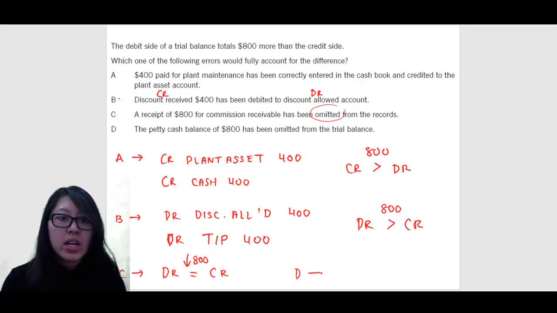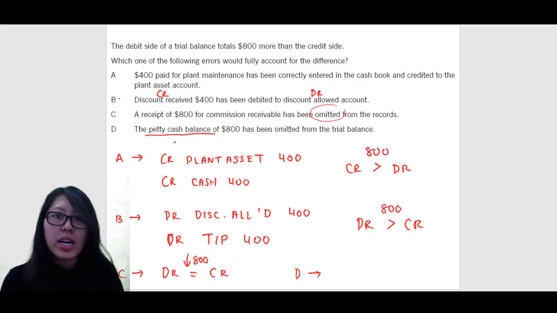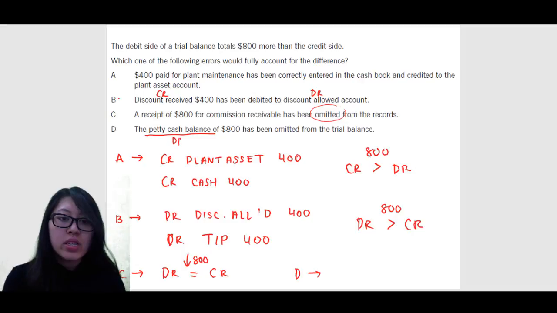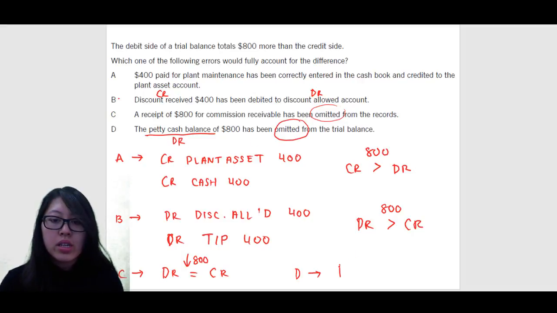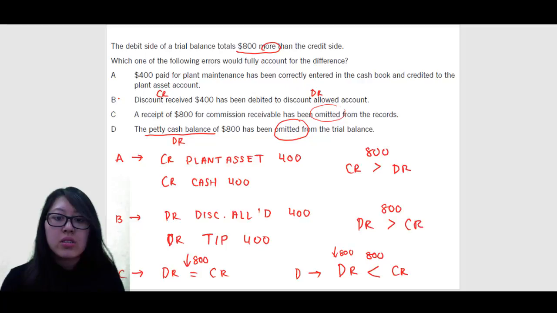What about D? The petty cash balance of 800 has been omitted from the trial balance. Petty cash is an asset, so it should be a debit entry. If it is missing from the trial balance, that means the debits would be understated by 800, and that will cause the credits to be bigger. So the debits are understated by 800. But the question is saying that the debits is 800 more than the credit side. So D is also not an option. So our answer is